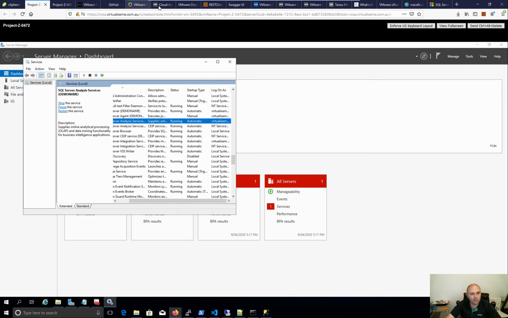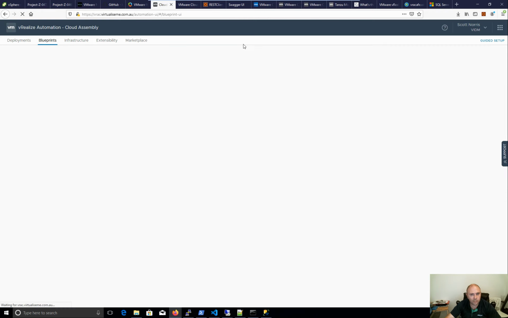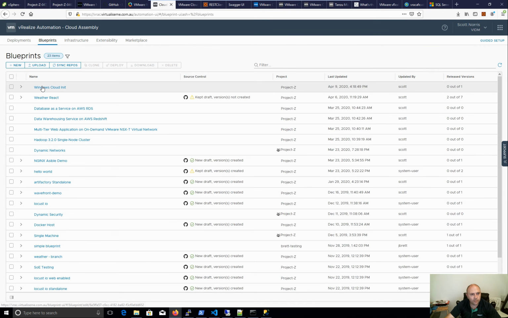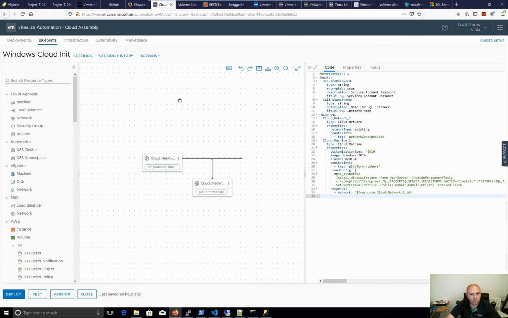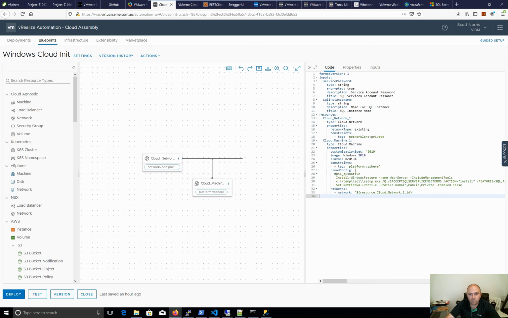And yeah, so from that, cool. If we have a look at our blueprint again, just to wrap it up, we can see that we've used the inputs as part of our commands. It's all worked perfectly. So on that, here's really a quick video covering using a Windows-based deployment,